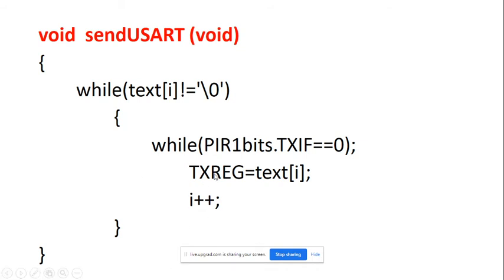In this fashion, one by one all the characters of the message are taken into the TX register and passed through the TX pin, and after every character you check whether it is fully out or not. Okay, in this fashion, each character of the message goes out with the help of the send UART subroutine.